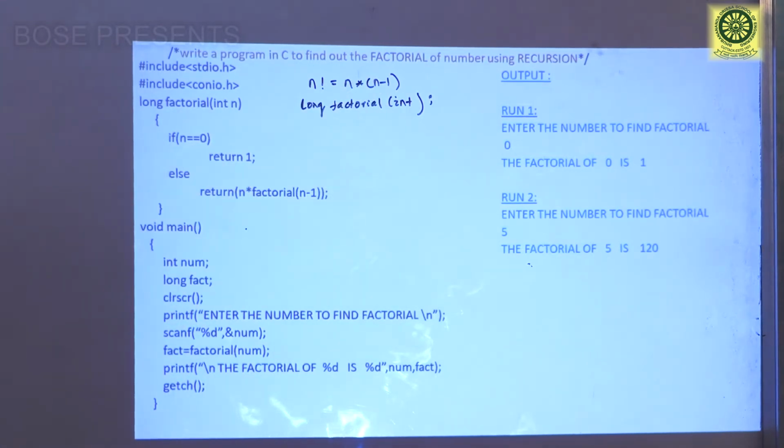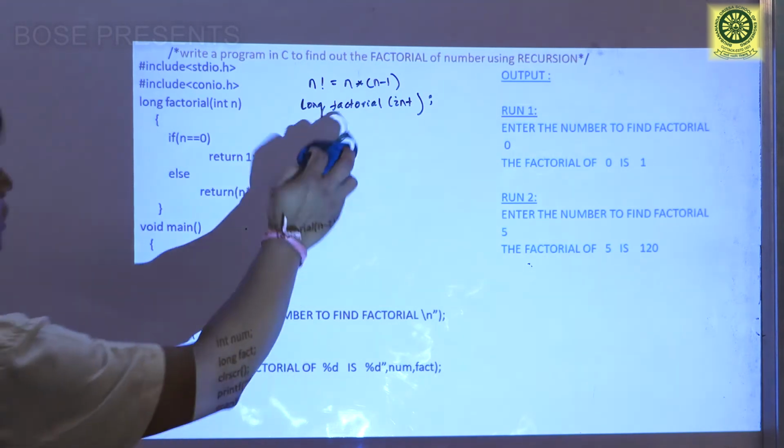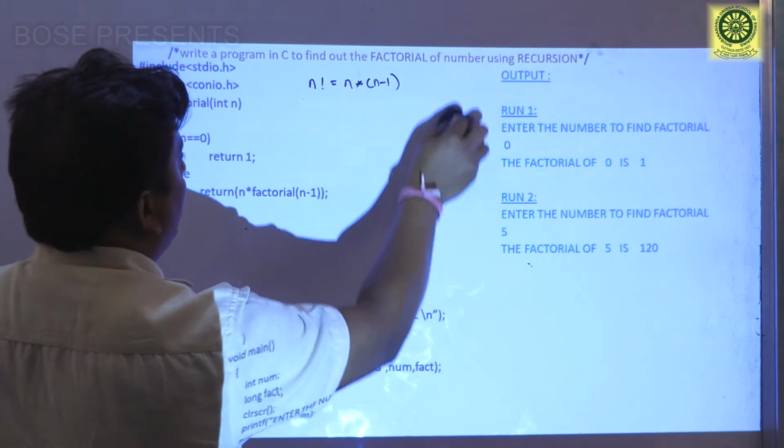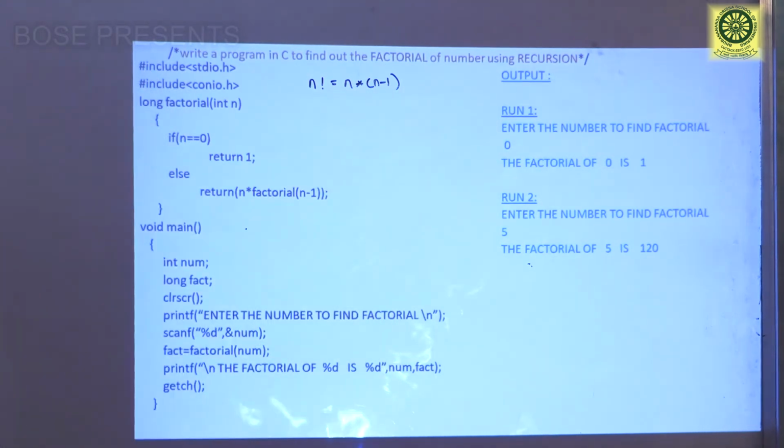As I have written the user defined function before the main function, there is no need of a function prototype or function declaration. Let's start the execution.